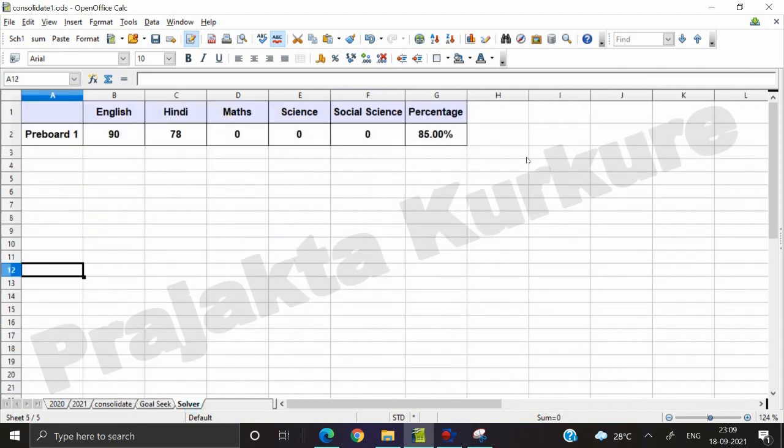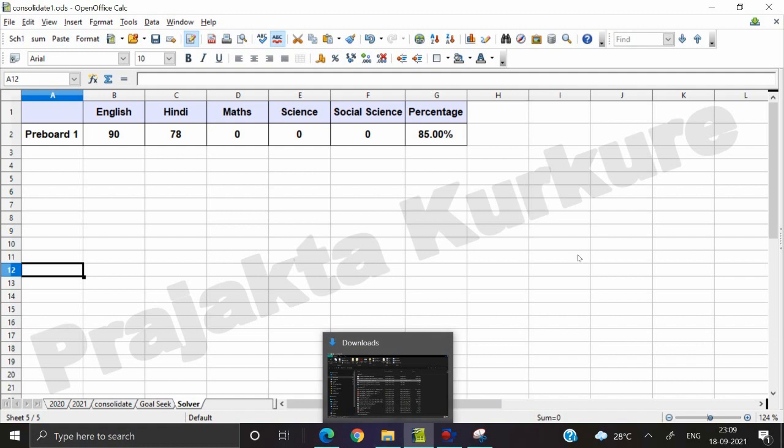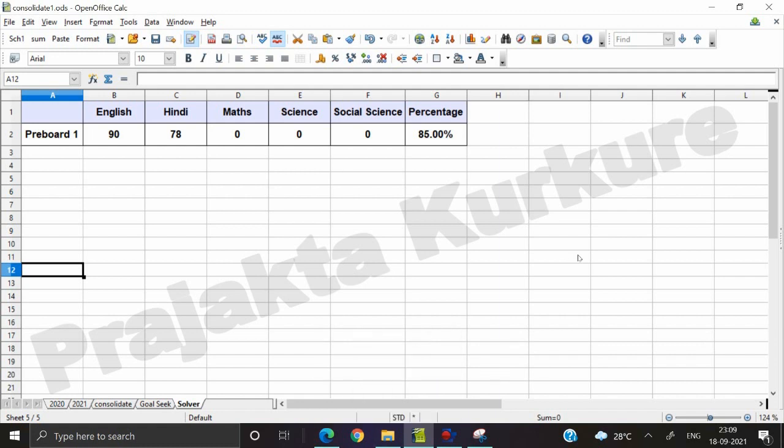This is the format I have already created. For doing this assignment, you need to install additional software for Solver, that is the NLP Solver, and you will get that NLP Solver in the shared folder. I have already downloaded it and uploaded it in the shared folder. In the assignment folder you will be able to see the NLP folder, the NLP Solver executable file. You can download it and execute it on your PC.